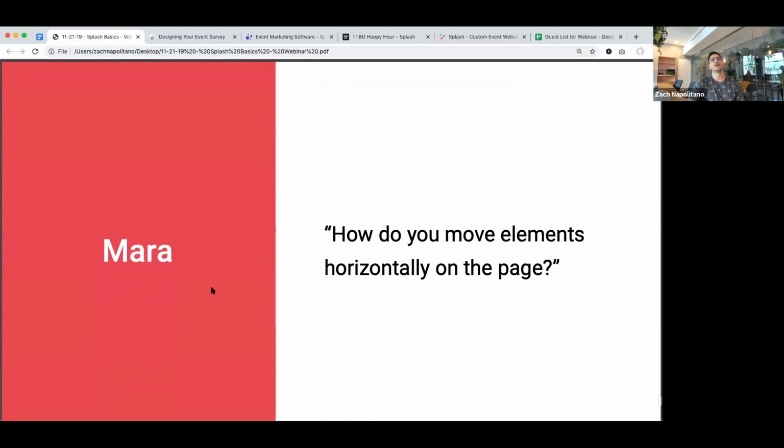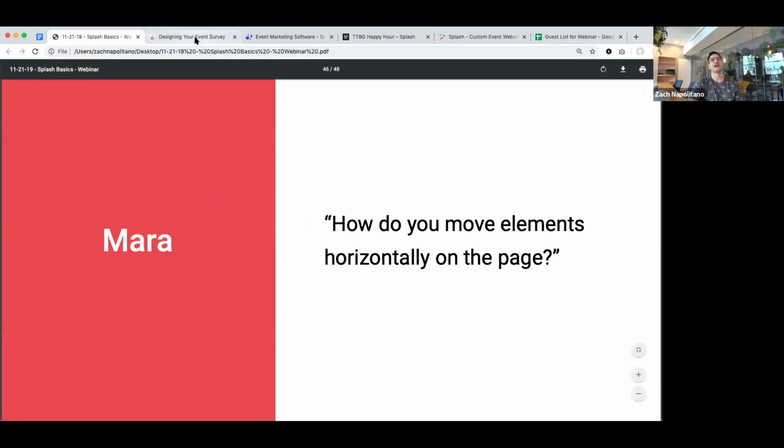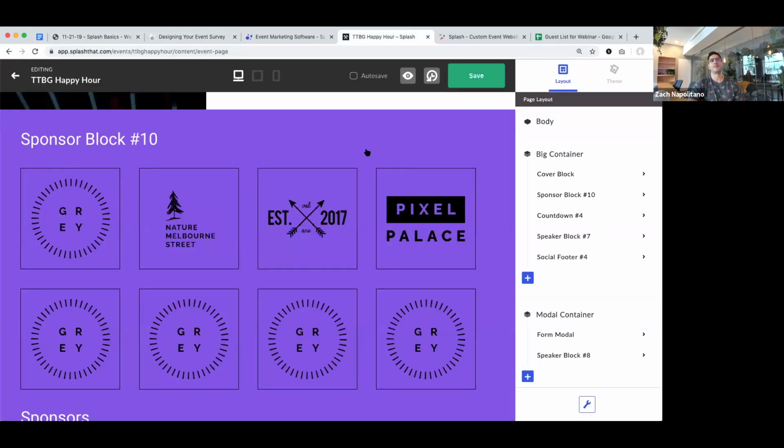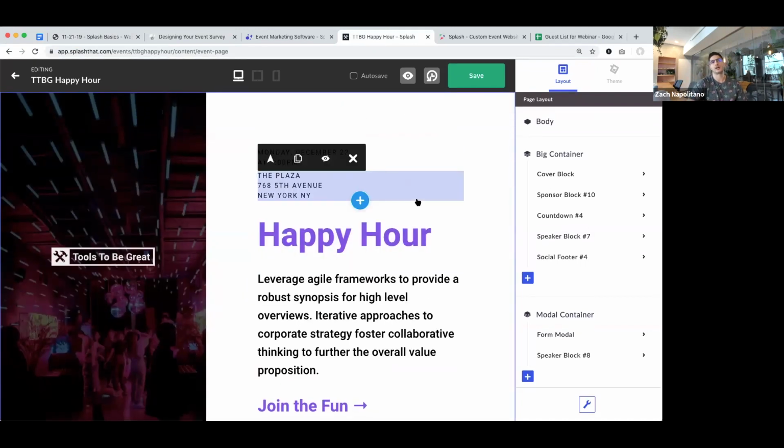A few minutes left. How do you move elements horizontally on the page, Mara? I saved a difficult question for the end because there's a lot of different paths for taking this. I said at the beginning, we're going to keep it super simple today, which would mean really not using our Designer Pro tool all that much, which allows you to really start experimenting and exercising more control with things like positioning and alignment.